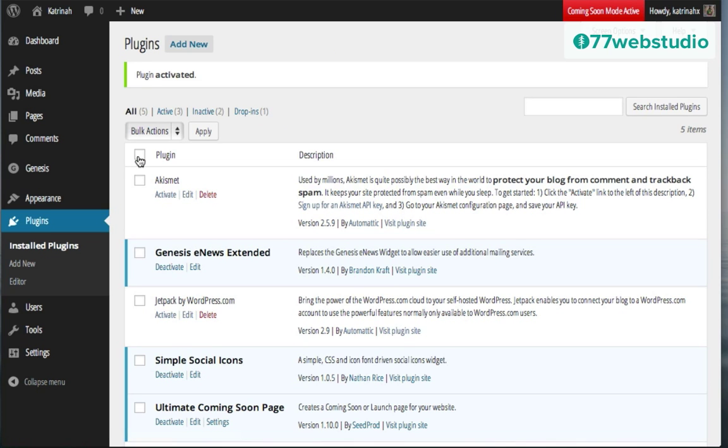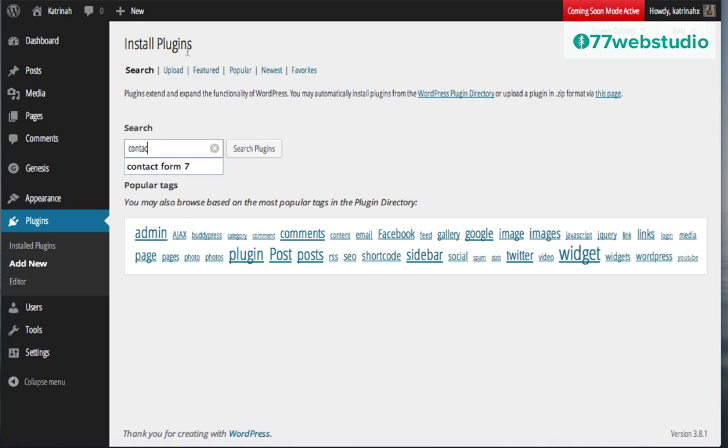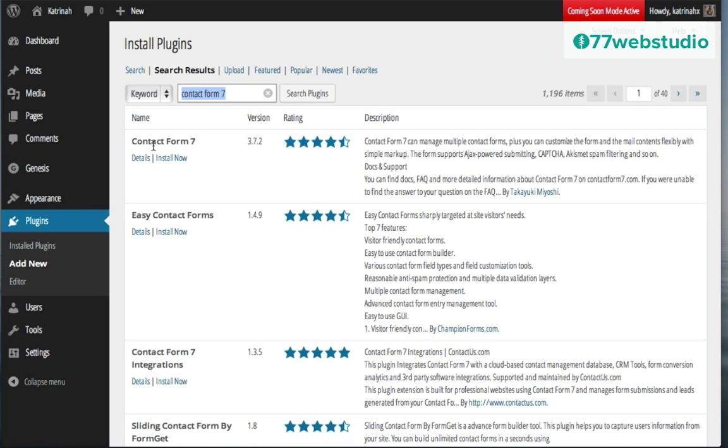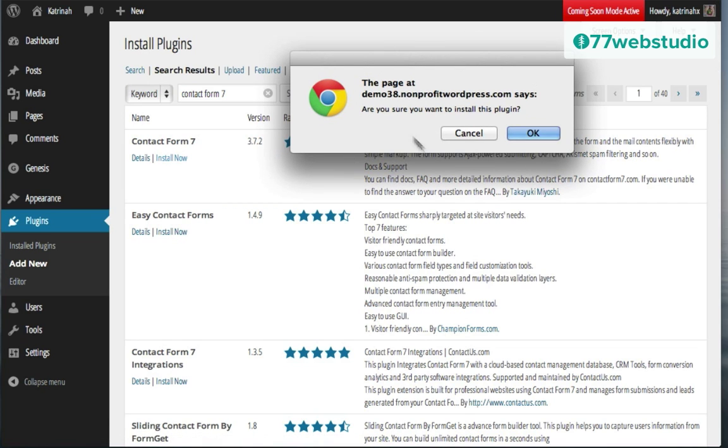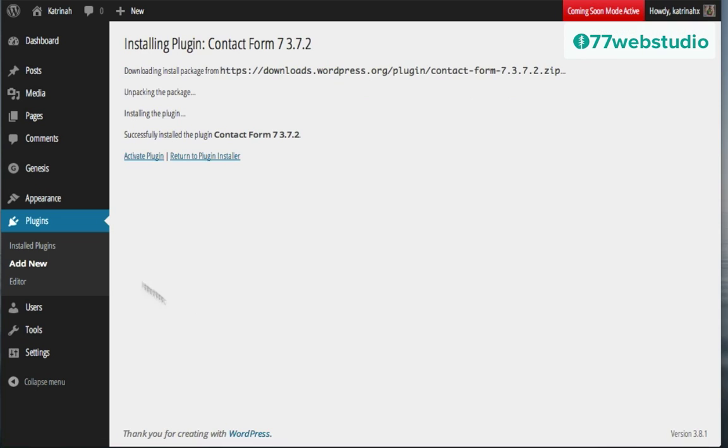The other plugin that I want to add, one more at this time, we'll add some more later down the road in this video, but the other one I want to add right now is the Contact Form plugin. So I'm going to click on Add New. Then I'm going to do a search for the Contact Form 7 plugin and click on Search. Here it is at the top, Contact Form 7. So I'm going to click on Install Now. Yes. Are you sure you want to install this? Yes. Okay. And once it has been successfully installed, I'm going to click on Activate Plugin to activate the plugin.